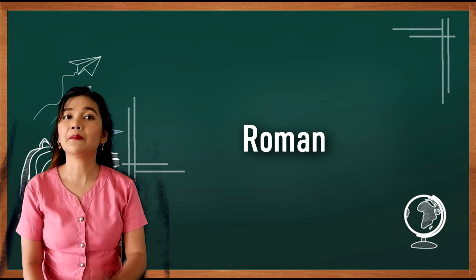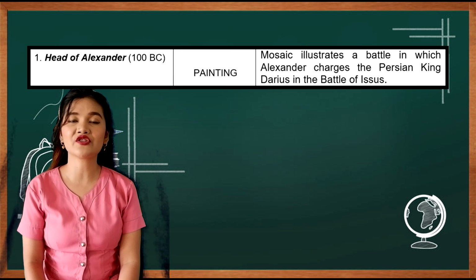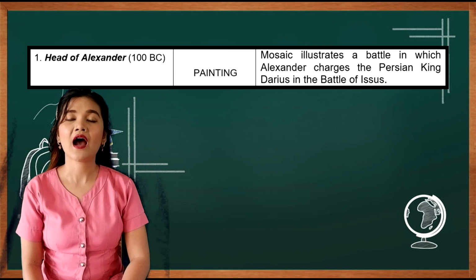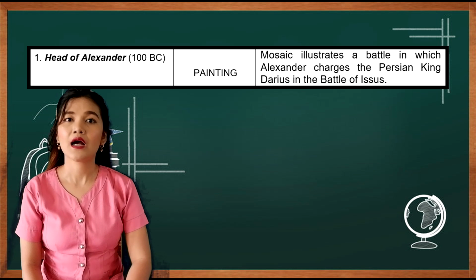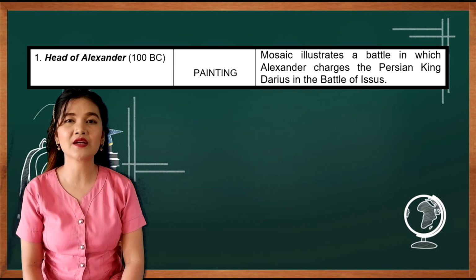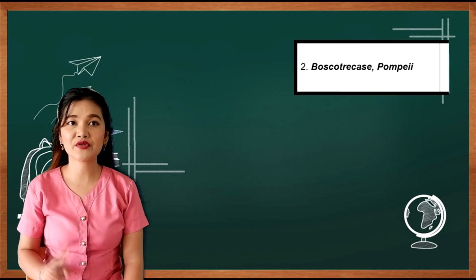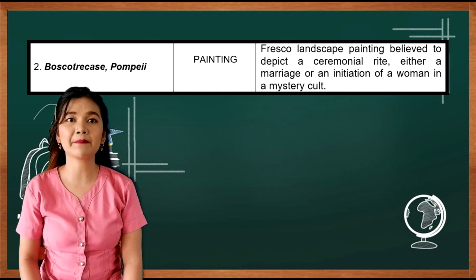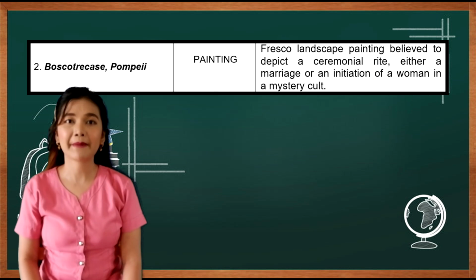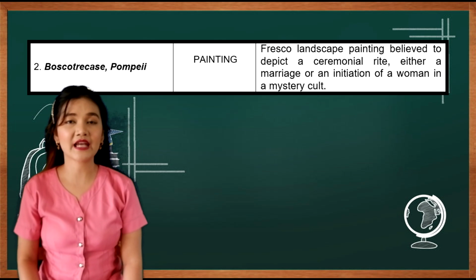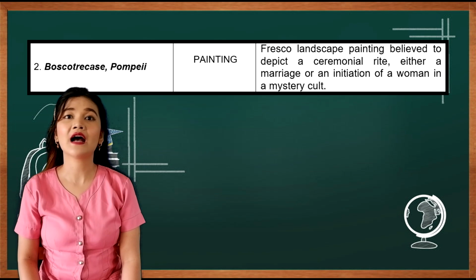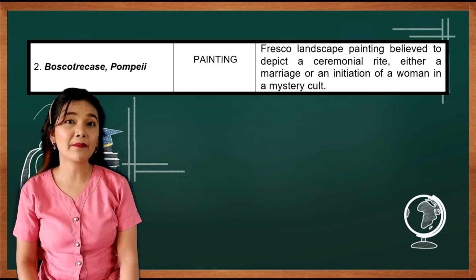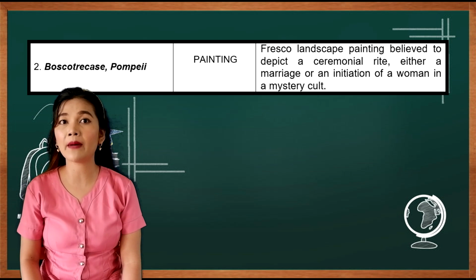Roman. Number 1. Head of Alexander, 100 BC. Art form, painting. Mosaic illustrates a battle in which Alexander charges the Persian king Darius in the Battle of Issus. Number 2. Boscotricae's Pompeii. Art form, painting. Fresco landscape painting believed to depict a ceremonial rite, either a marriage or an initiation of a woman in a